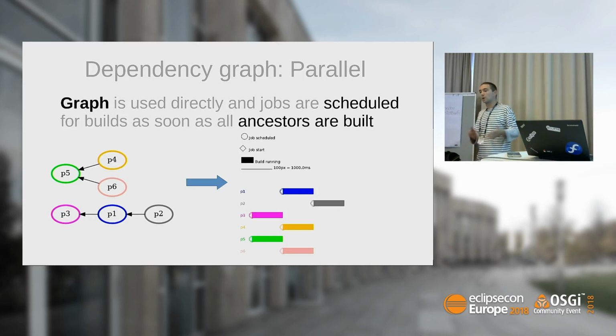Builds go on, one of the project builds completes, P3 or P5. Then the build looks at the graph and says, okay, now that P5 is built, I can build P4 and P6. So it will trigger P4 and P6. It also sees that P3 is complete, so it builds the next project, and so on with P2. So it's just processing the graph in the right order, making sure that we build a project after its ancestors.